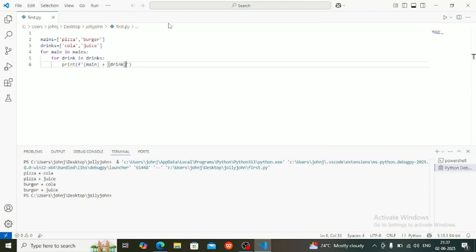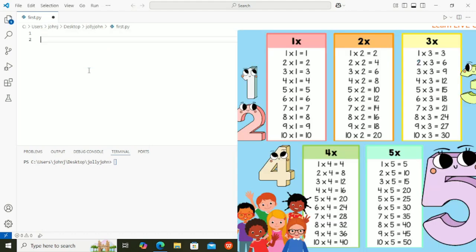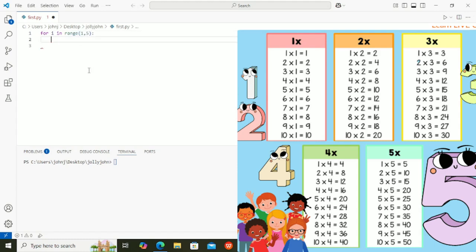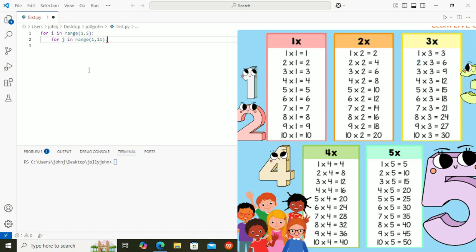We'll go for another one. Multiplication table we'll try. So multiplication table from 1 to 4 we are going to take: for i in range of 1 to 4 I am taking. For j in range of 1 to 11 I am going to take multiplication table for 1 by 1. Print. So here write it